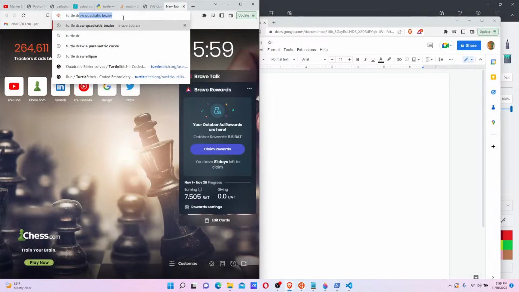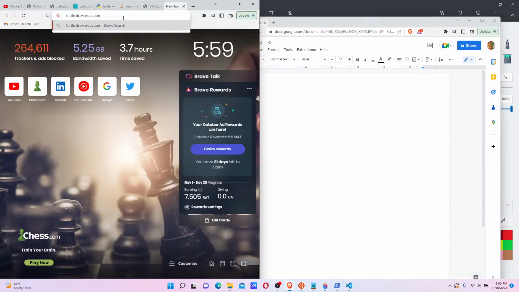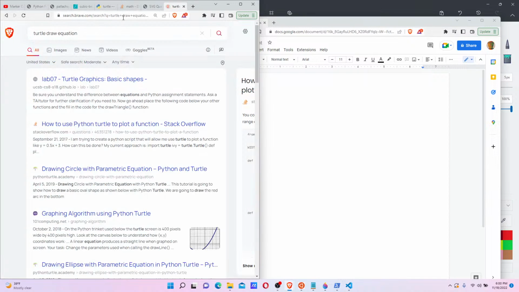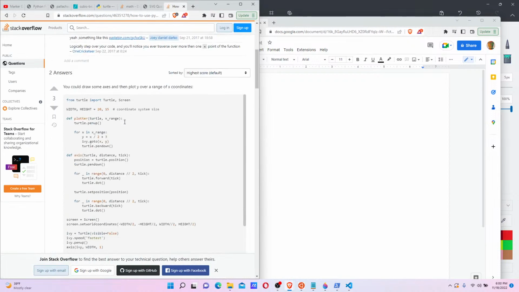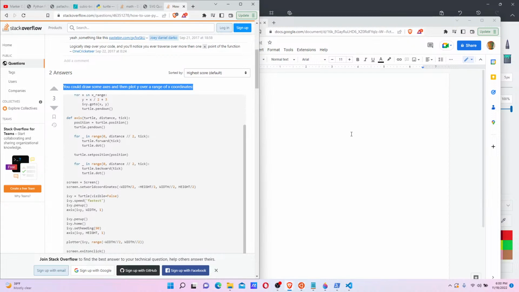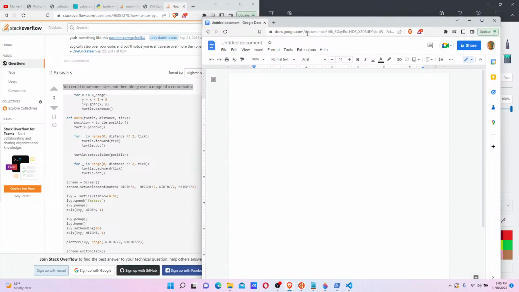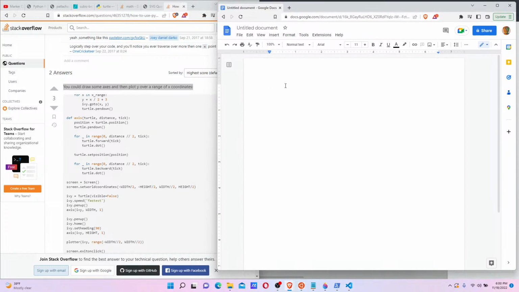Turtle, draw equation. How to use Python turtle to plot a function. I don't know, I figured this out at one point, but I forgot where I put it the first time I was trying to do this project. So, what I want to draw,